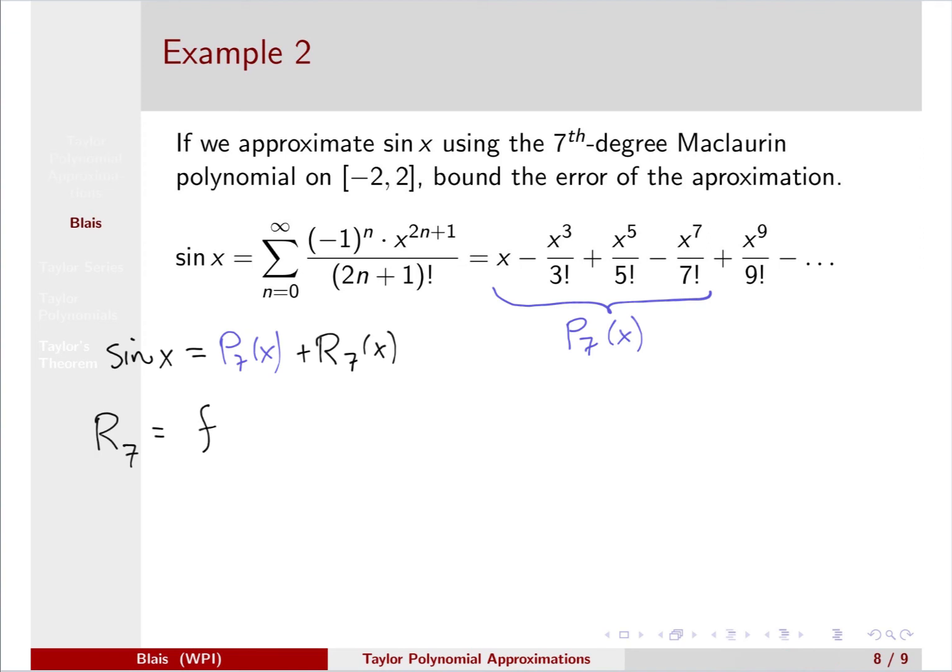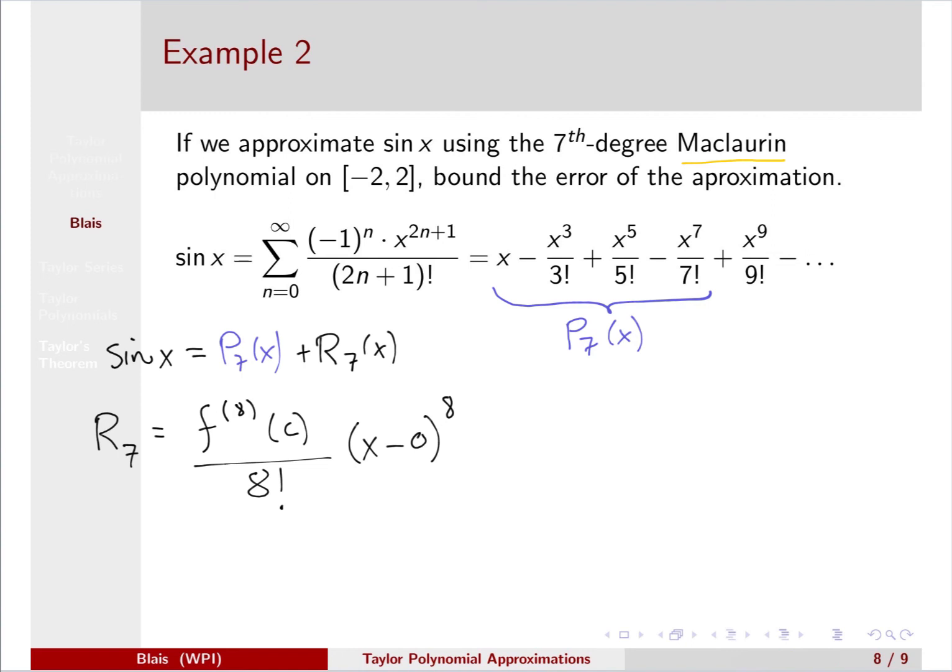So we would have the 8th derivative of f evaluated at c over 8 factorial times x minus a. Again, we're working with a Maclaurin series, so a is 0, to the 8th. And we can go through the same procedure that we just did. However,